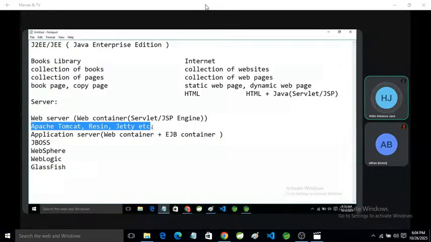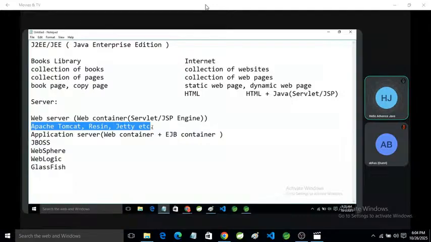So mostly developers prefer Apache Tomcat, and IDEs also support Apache Tomcat because it is an open source server all the time. That means at the time of practice, or if you want to host your web application or website on the internet, it will still be open source.